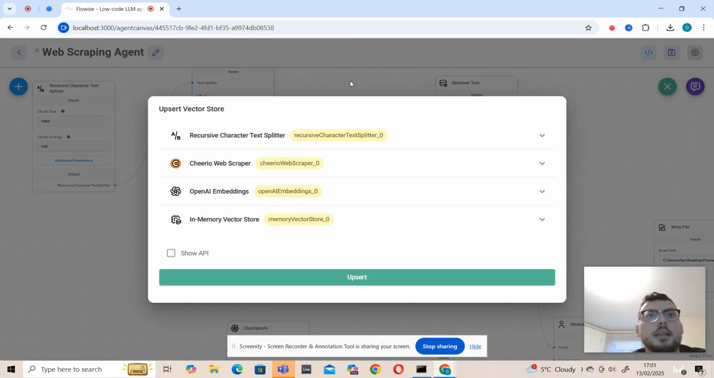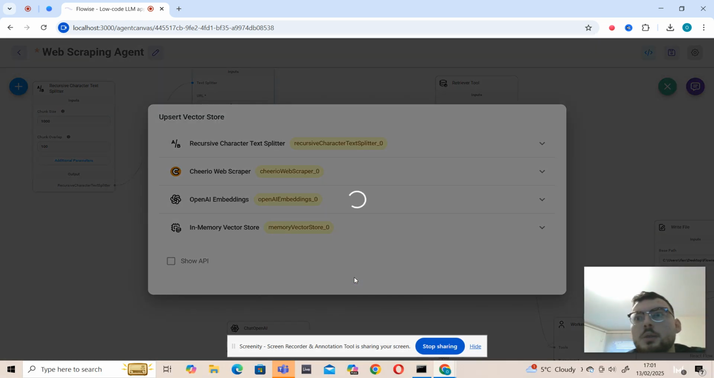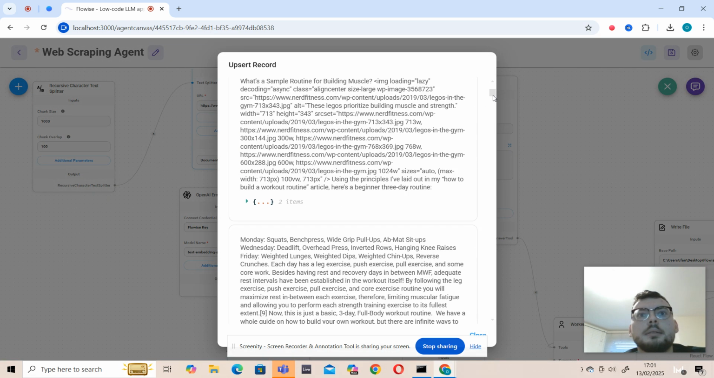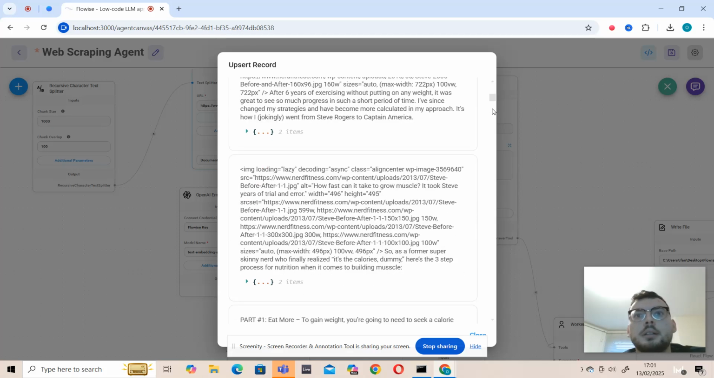So if I go to this, the upsert vector store, and I click upsert, you'll see the data store. You'll see it'll have stored the actual content of the text along with the HTML and CSS of the website. You can see all that here. If I close that,